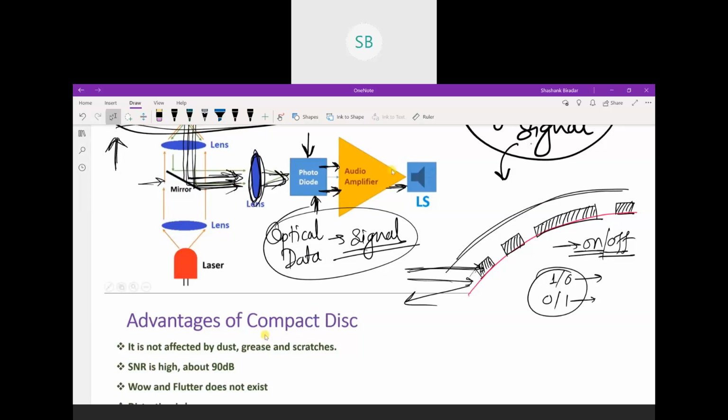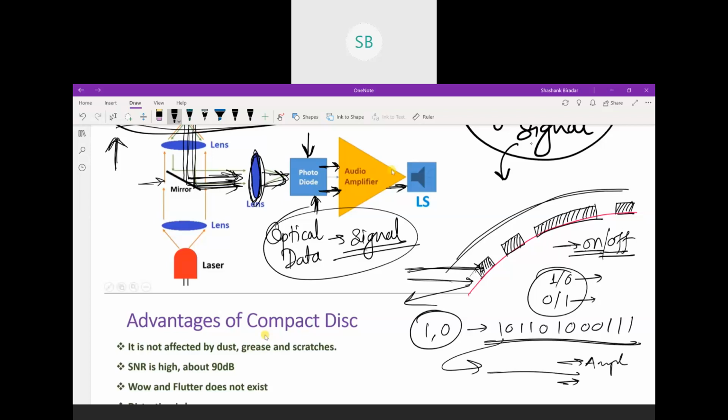Okay, so basically this is a very compact diagram. You might get a question about converting that data, because we are basically dealing with ones and zeros. Once the photodiode detects whether the laser is on or off, it produces such data. You cannot give this data directly to the audio amplifier. Are you getting what I'm saying? Then again you have to convert that data into analog, amplify it, and only then give it to the loudspeaker, because loudspeakers are not designed to play digital data directly, right?